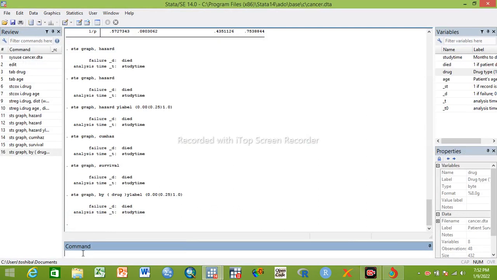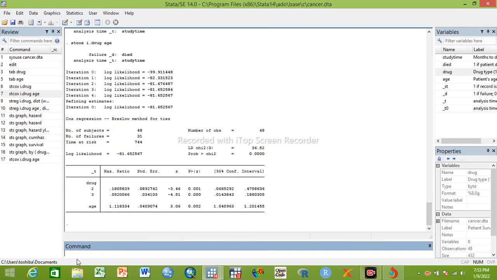There is also another type of graph. If you want to test the proportional hazard assumption graphically, you can also do that. Before doing that, you can run this stcox regression model. This is a multivariable Cox regression model. You can run this one, and after this you can write